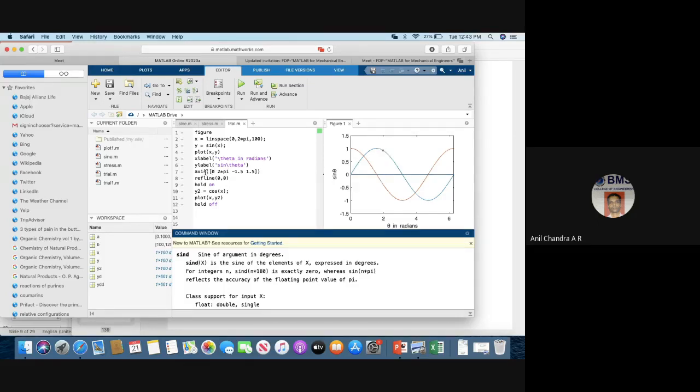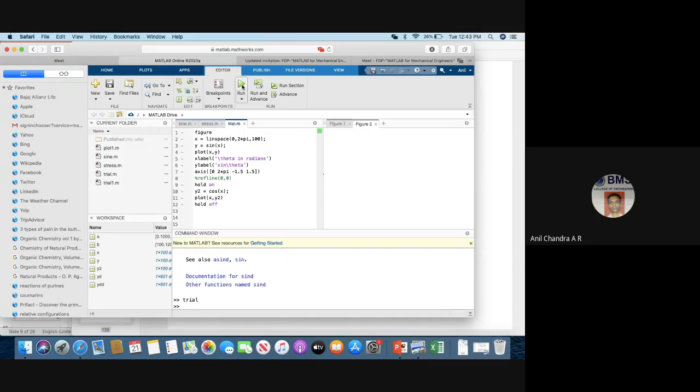Axis is a command that defines the limits of x and y, 0 to 2 pi here, and minus 1.5 to plus 1.5. The reference line is this line. If that line is not there, you won't get it. If you want to experiment, you can just put a percent sign and see. You see there will not be any reference line.